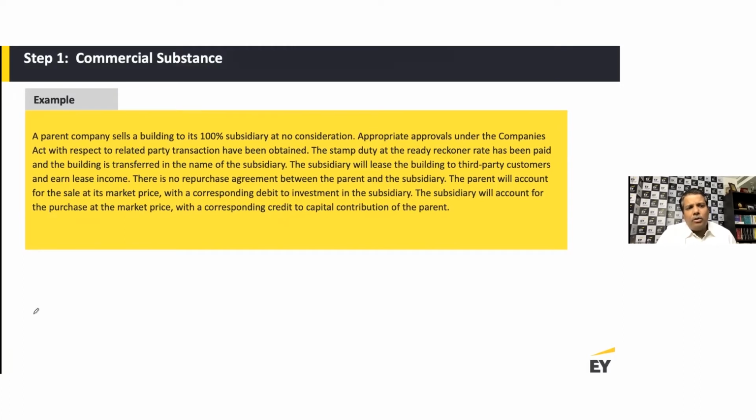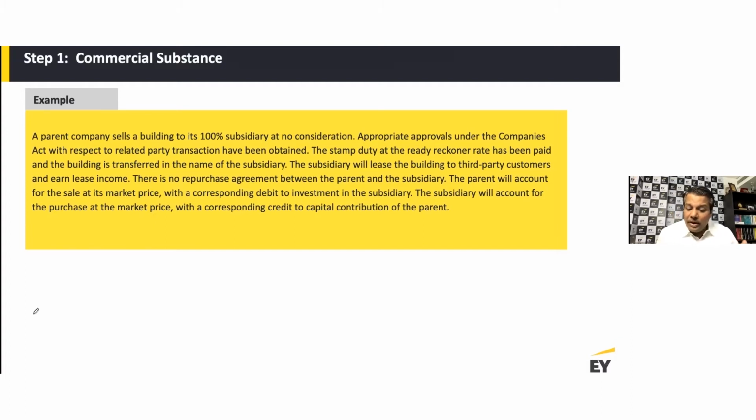The parent will account for the sale at its market price with a corresponding debit to investment in the subsidiary. The subsidiary will account for the purchase at the market price with a corresponding credit to capital contribution of the parent. So all the accounting is also in a way specified here. So the question here is, do we have a commercial substance? Now think about the commercial substance, whether it results in a change in the risk, nature and timing of your cash flow. So now if you think about it, the parent is actually going to transfer the building to the subsidiary, and